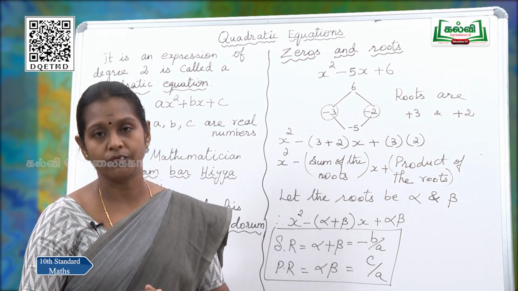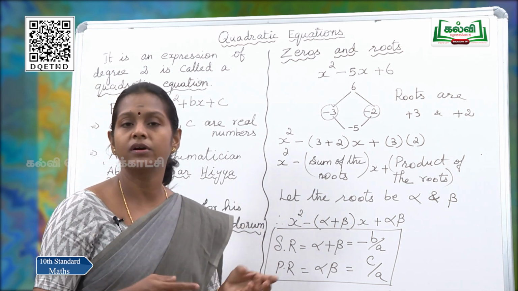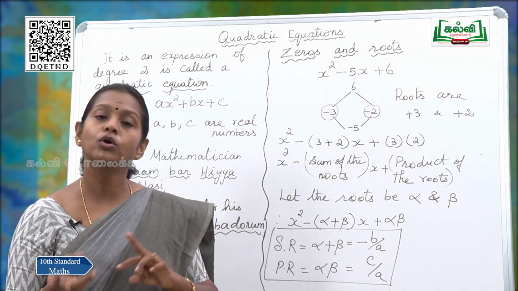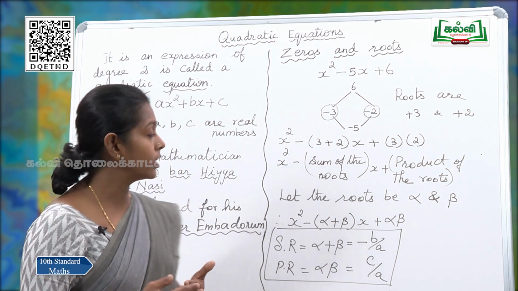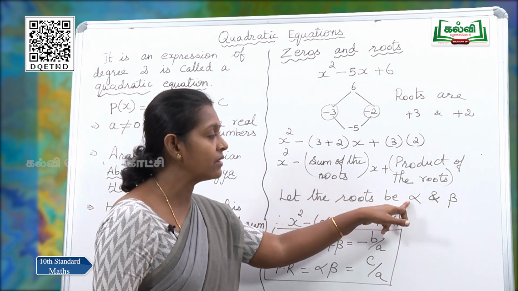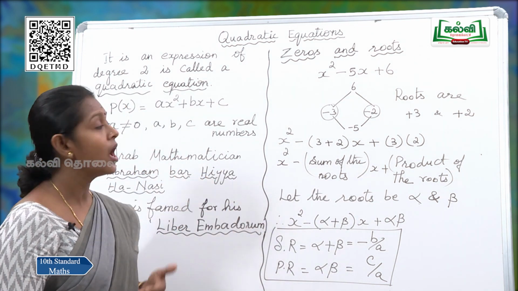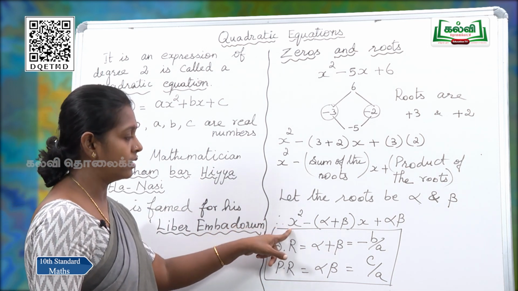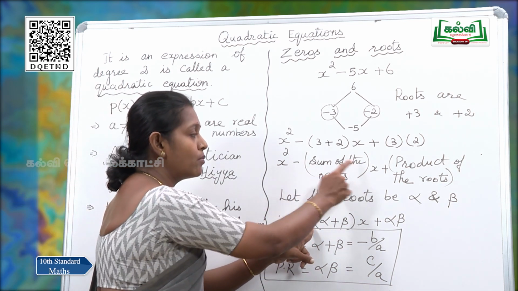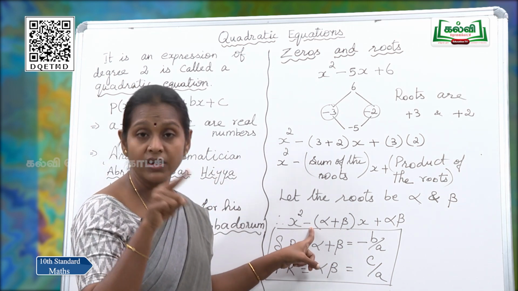There are definitely two roots for a quadratic equation, we know that very well. So, one root should be taken as alpha, the other root as beta. Both are variables, I mean both will change. That is why we are taking them as alpha and beta. So, in terms of alpha and beta, how can I represent this quadratic equation? X squared minus the sum of the roots, I told you already, right? But we have taken the roots as alpha and beta.